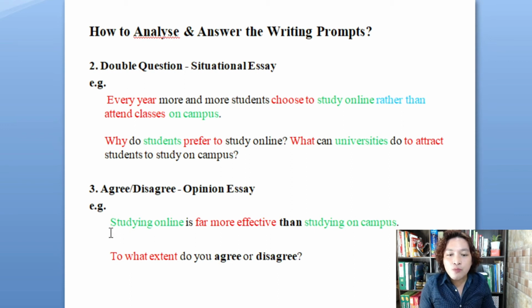Again, you need to be clear about the issue, and these are your instruction words. To what extent do you agree or disagree? What does that mean? How much do you agree or disagree? Whether you completely agree or completely disagree, partially agree or partially disagree, or neither agree